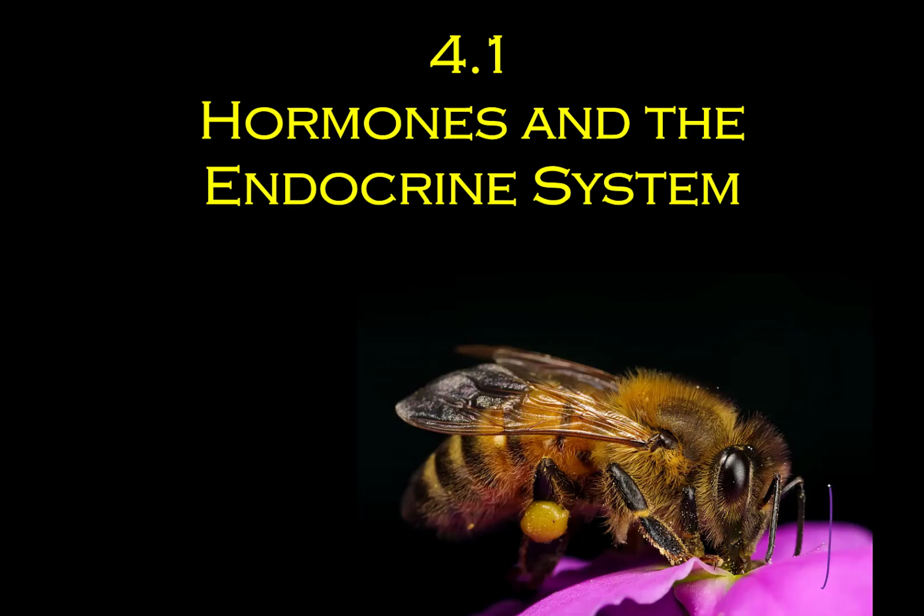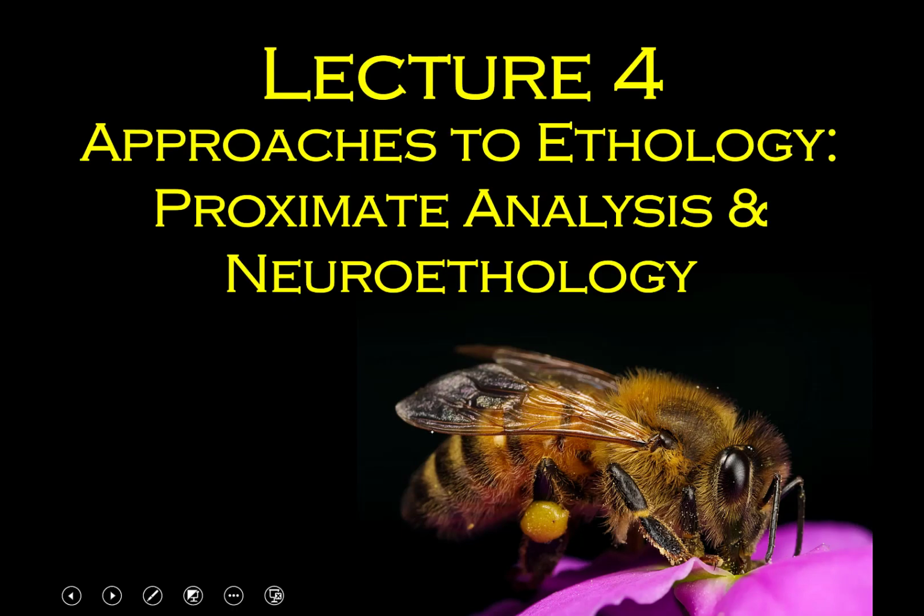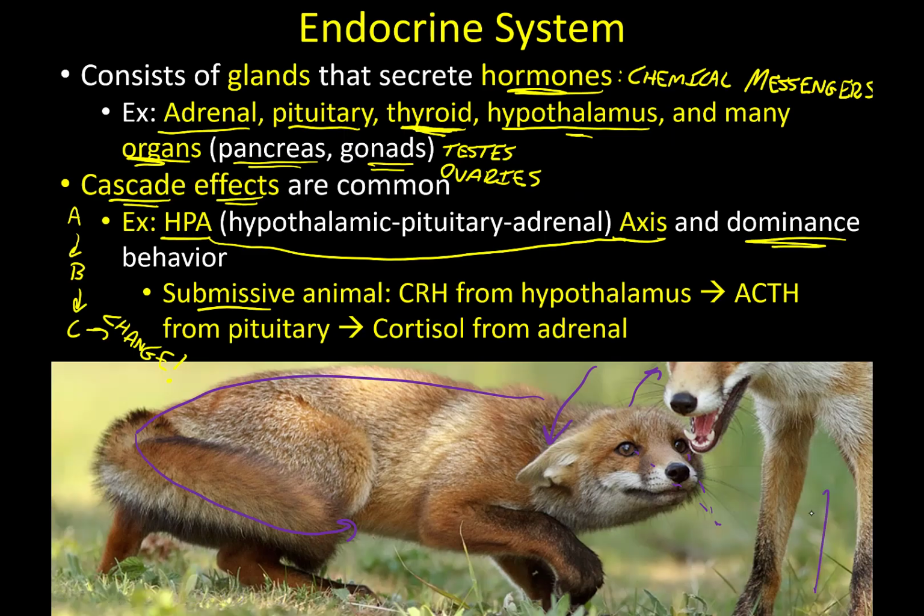This fox right here is more dominant. Okay? I can tell because this fox is standing upright, while this fox is crouched down, indicating a dominance and submissive relationship. Now, the submissive animal, when it's in the presence of the more dominant animal, is actually experiencing a